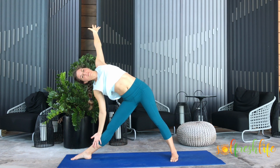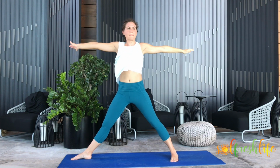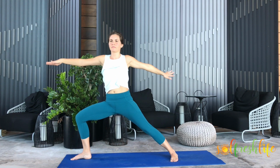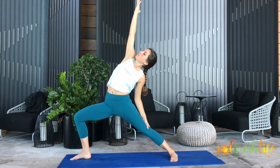Feel that stretch coming down with your bottom hand towards the shin or the knee. Top hand raises up above. See if you can bring yourself into a nice straight line. Back to center. And allow those hips to relax. Just loosen up the hips. Whatever little movement feels good to you to loosen the hips up before you bring yourself into the warrior 2